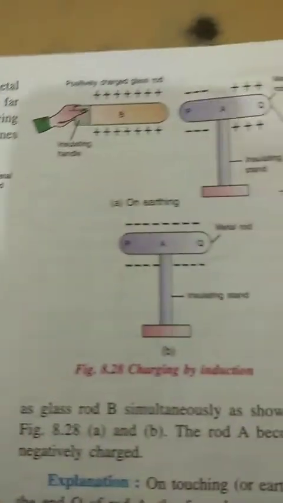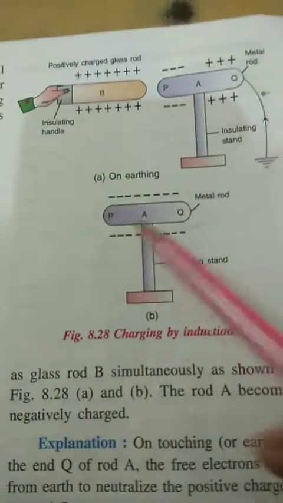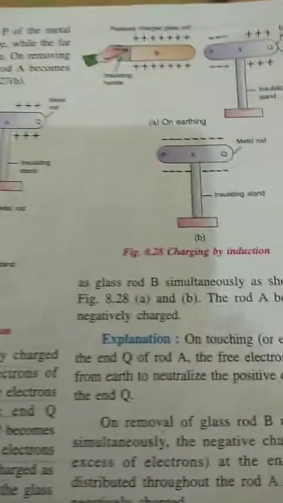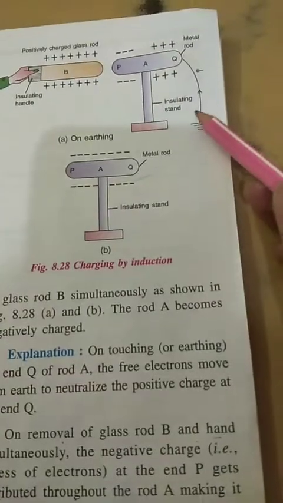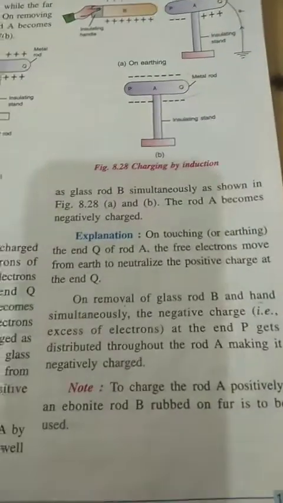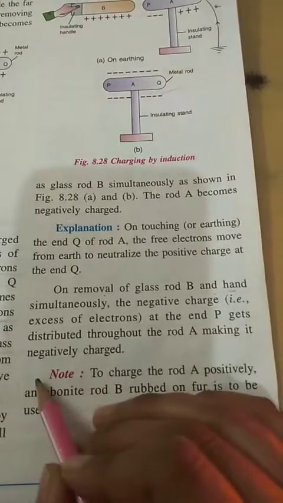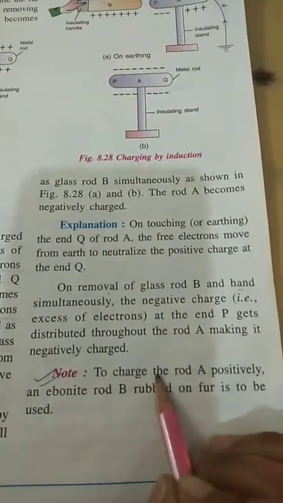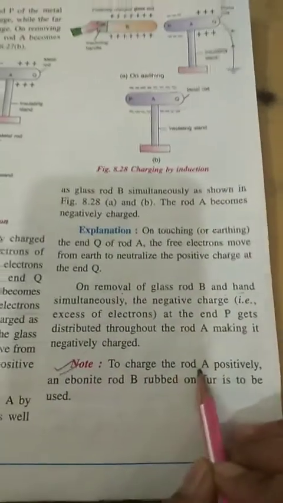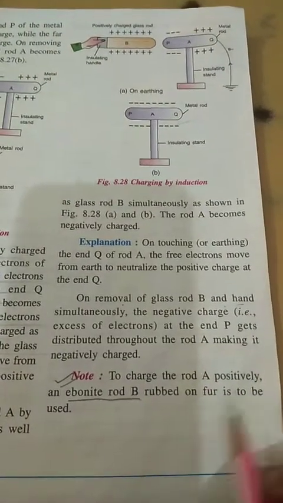In a similar way, when this rod is being removed, the full metal rod is negatively charged because it has been earthed, and because it is earthed, electrons are moving from here to this metal rod, and this metal rod totally will become a negatively charged body. So they have given a note over here: to charge the rod A positively, you have to bring an ebonite rod rubbed with fur